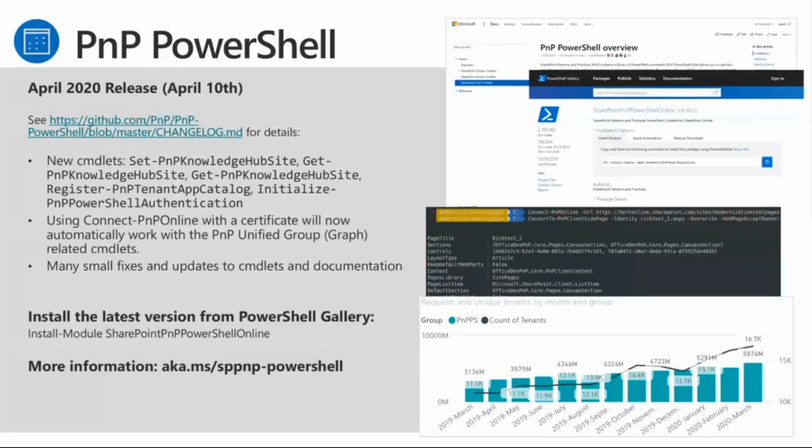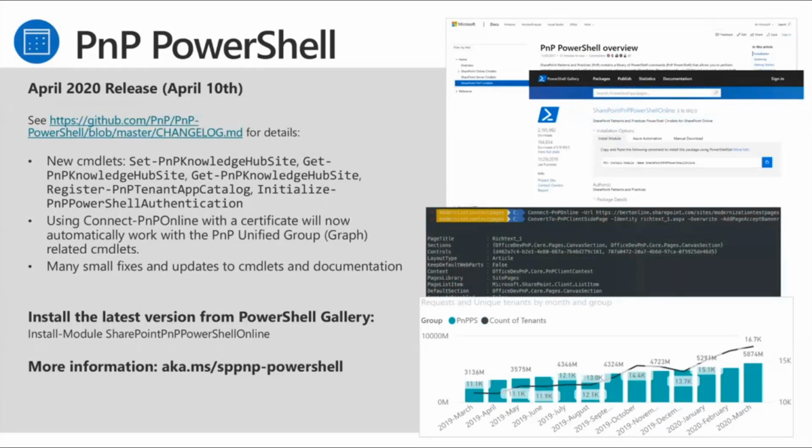And I will talk a bit later today about Initialize-PnPPowerShellAuthentication. It is a very long name, but hopefully you will only use it once or twice, and it will make your life a bit easier. We have some updates behind the scenes in the plumbing behind the PnP PowerShell commandlets. If you now do Connect-PnPOnline with a client ID and a certificate, you do not have to do a special connection to the Graph.